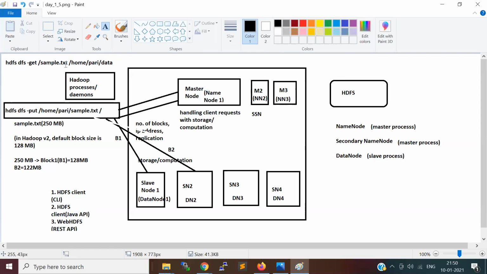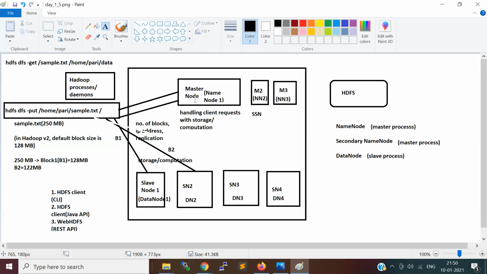Now similarly, this is the HDFS client request. It goes to the name node, which asks for the information about where the data is, because it is the one which actually generated the metadata.